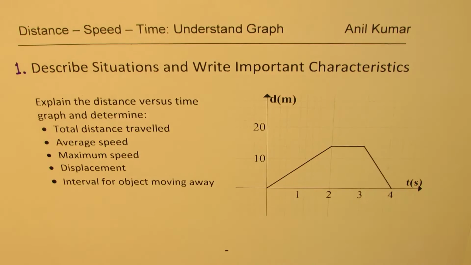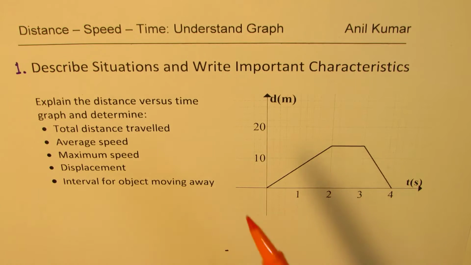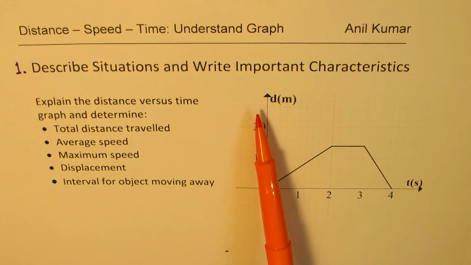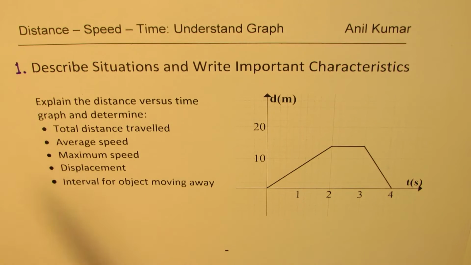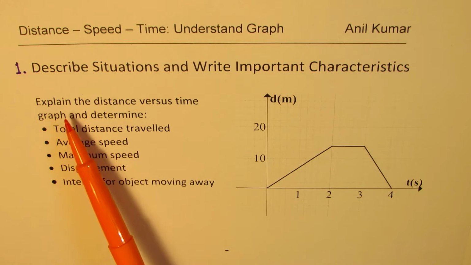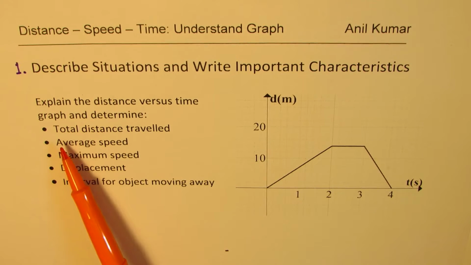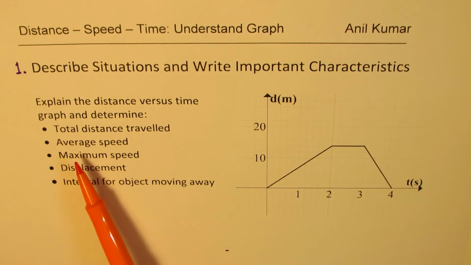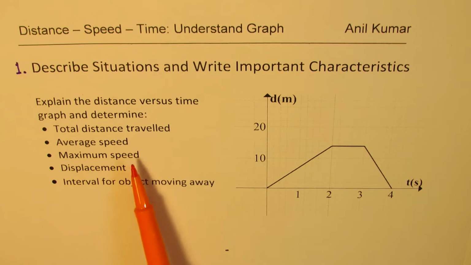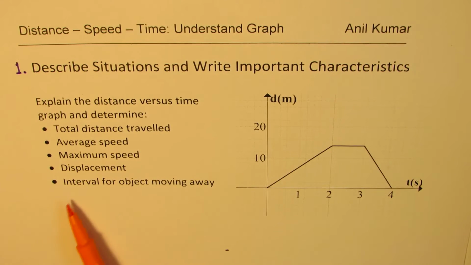Okay. Now here is our first example. We'll describe the situation and write important characteristics. The graph is right before you. On the horizontal axis, we have time in seconds. On the vertical axis, we have distance in meters. The question is, explain the distance versus time graph and determine total distance traveled, average speed, maximum speed, displacement, interval